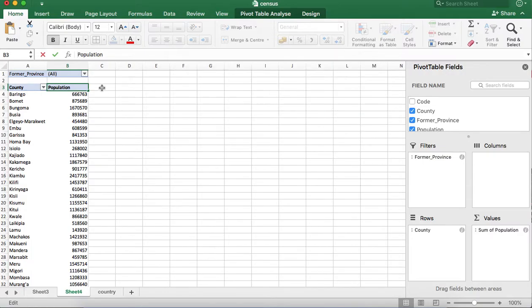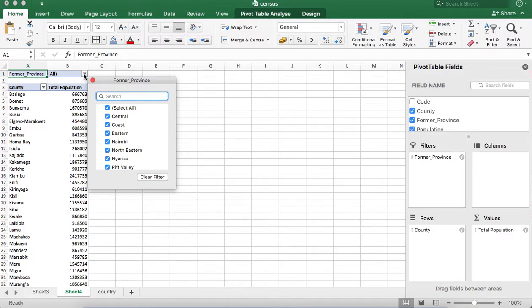Oh, that one exists, so we can say total population, okay, total population. Nice. So here in the filter, let me say I wanna, remember I did choose under my filters